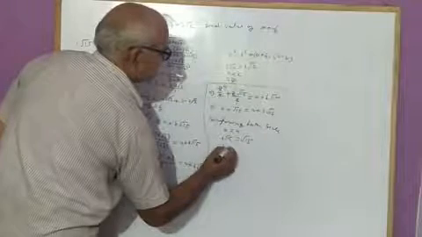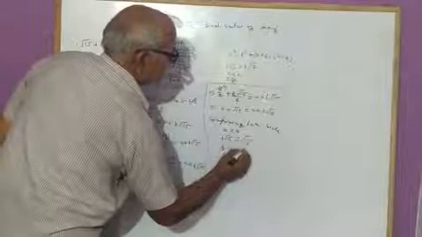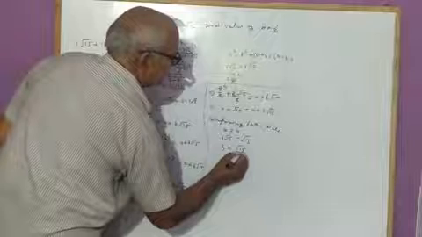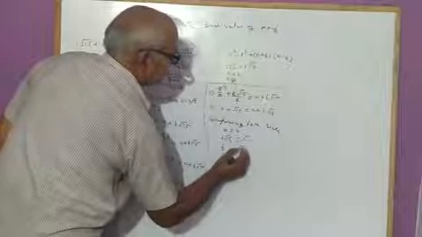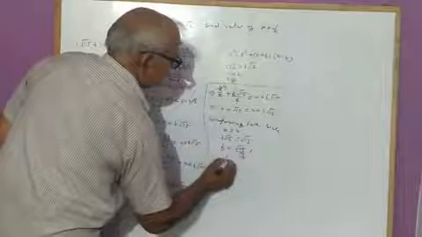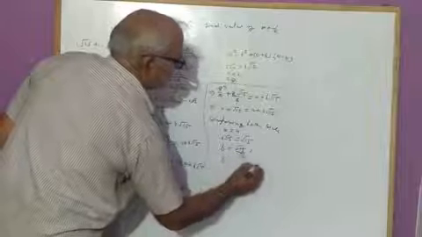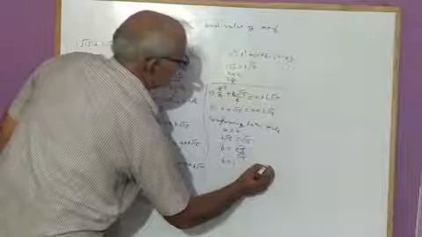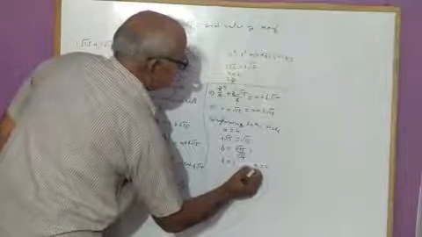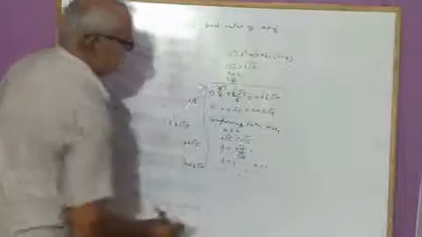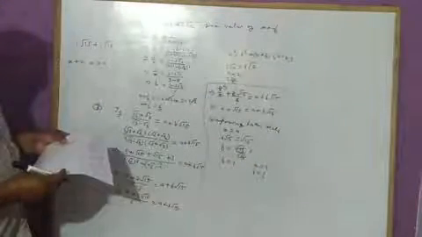So b is equal to root 15 upon root 15, this cancels, so b is equal to 1. Your answer: a is equal to 4 and b is equal to 1. In the same process,